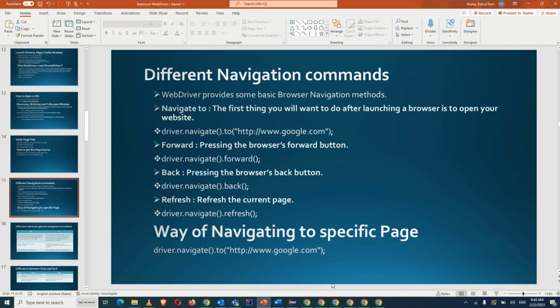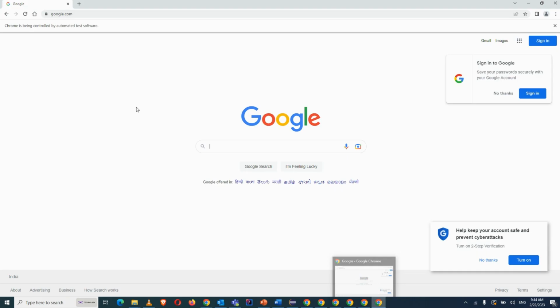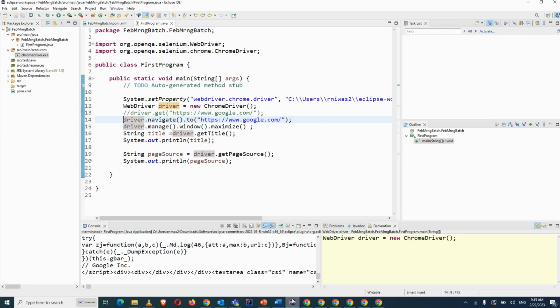Okay, and the next one is forward. You can see this is the backward, and this is the forward. If in any case I want to press these icons, how can I do that? And this is the refresh one, how can I click on refresh of a web page? For that they have given separate methods. Okay, so now what we will do, I will uncomment this line,